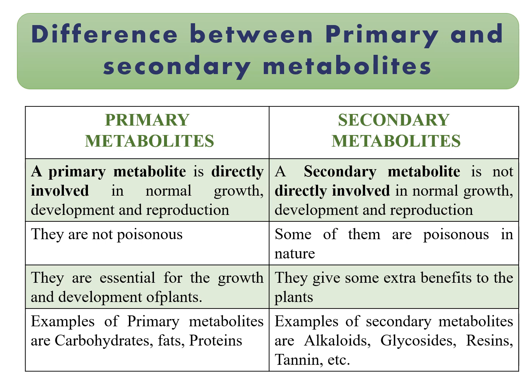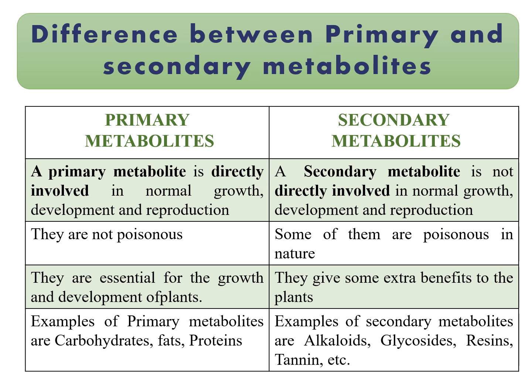Secondary metabolites are not essential, but some of them give extra benefits to the plants. For example, alkaloids are one of the secondary metabolites. Alkaloids are very toxic in nature, or you can say they are poison in nature. So the plants do not utilize their secondary metabolites. But alkaloid is an exception, because alkaloids are poisonous in nature, and that is why they protect the plants from their predators. So this is how some secondary metabolites give extra benefits to the plants.